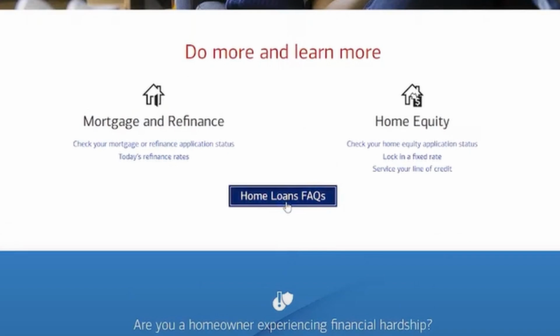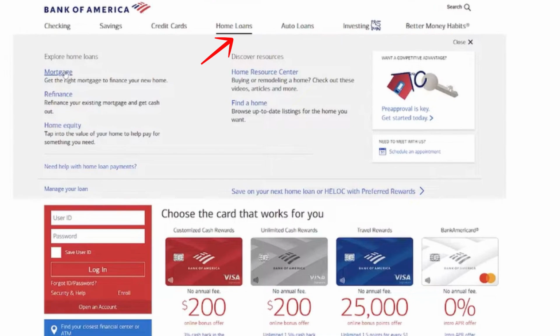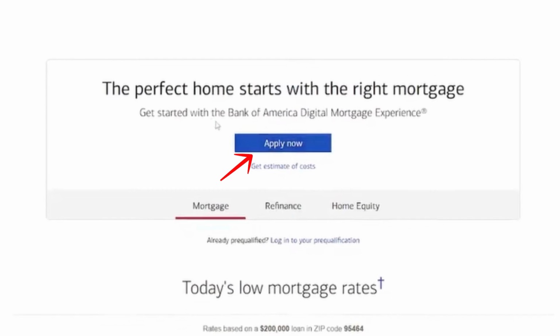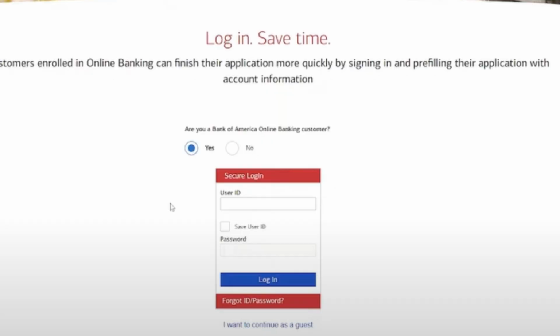Once you find an option you like, you can simply follow the on-screen prompts and get an estimate of costs on the same page. When you click Apply Now for any loan, you will be redirected to a page that will ask you to answer a few questions in order to apply for the loan. Just follow the instructions and provide your information, and Bank of America will let you know if you've been approved